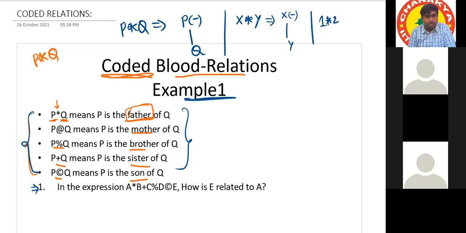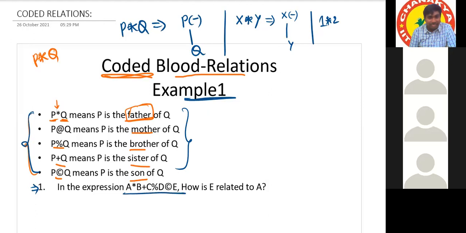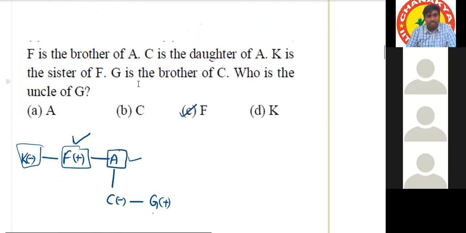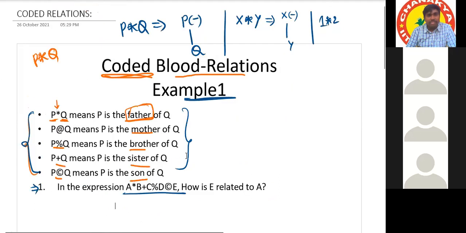Okay. Sir, is the grandfather? Okay, see. Actually, if this is decoded, it is like the previous questions only, the previous model only. Yes or no? Like these questions only. Here individual statements are given. Here a single expression is given. If you decode that single expression, then the answer will be ready.